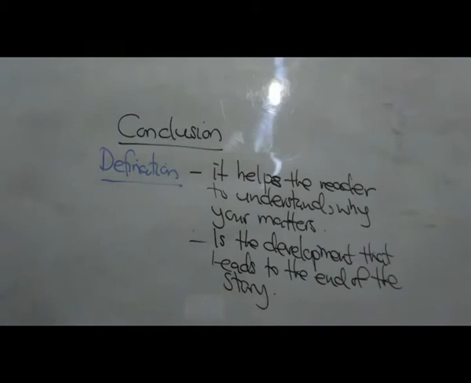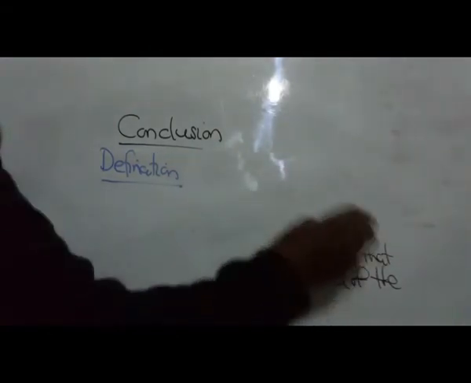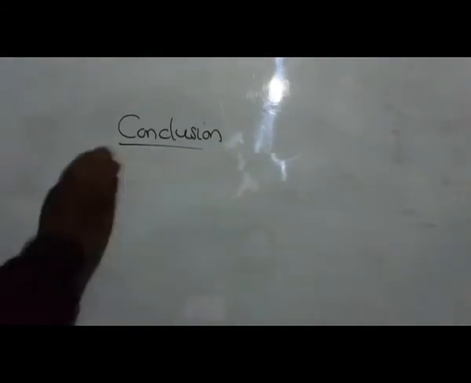Today we want to look at different types of conclusions, because some of the stories are inconclusive. That doesn't mean they are not concluded, but they are inconclusive, which means the story ends, but as a reader you are given the chance to have an imaginary mindset as to what has happened, the aftermath of the story. This is what we want to look into today. But let's look at the importance of a good conclusion before we look at the types of conclusion. Let's look at the importance, then we'll end on the types of conclusion.